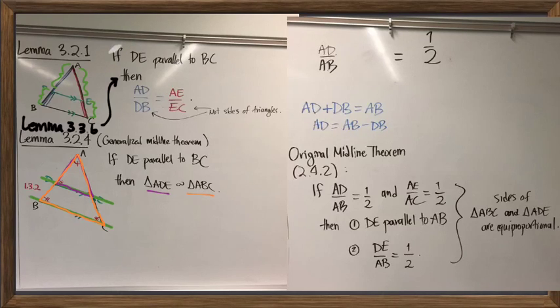So I could erase the word if from here. DE is parallel to BC if and only if the ratios of these line segments are the same, one to another. So this actually goes both ways, and we end up using it in both ways when we go to prove